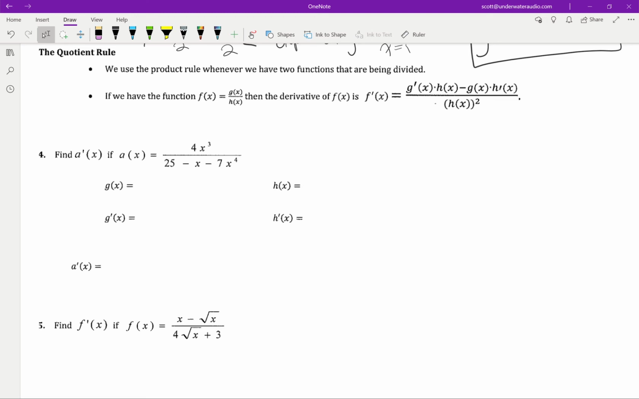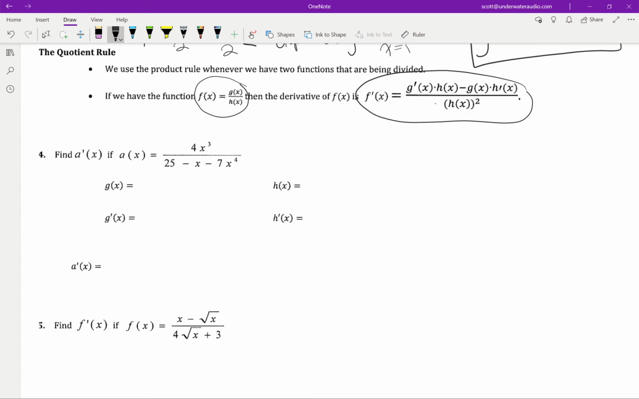Okay, the quotient rule. So this is another rule that we're going to use pretty frequently to take derivatives. If we have a function that is shaped like a division, like there's a function on top divided by a function on bottom, then to take that derivative, we have this lovely rule right here, which is basically like saying the derivative of the bottom times the top minus the bottom times the derivative of the top all over the